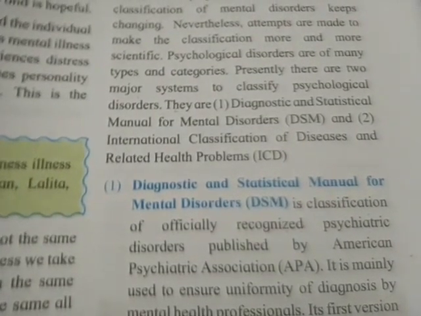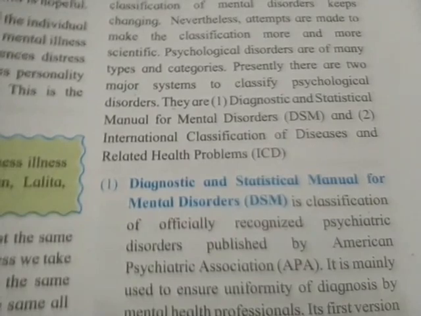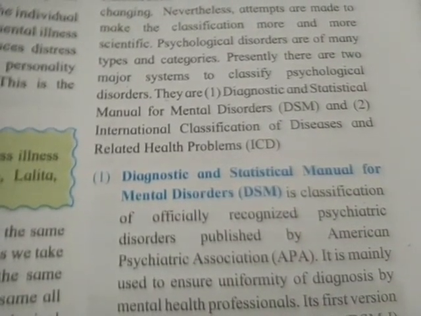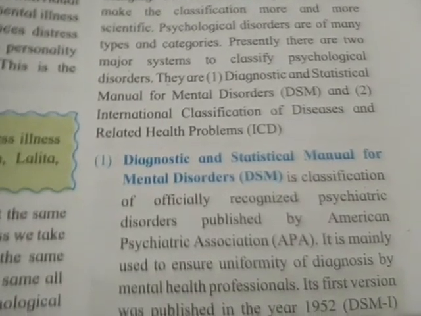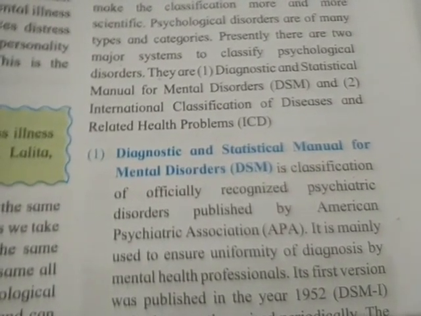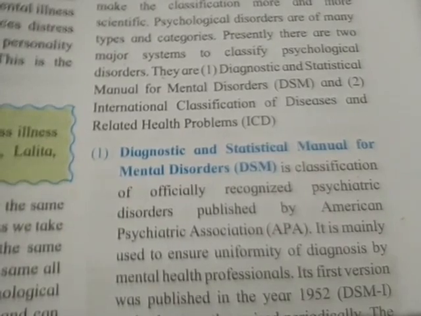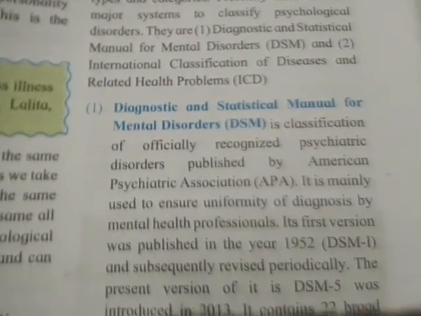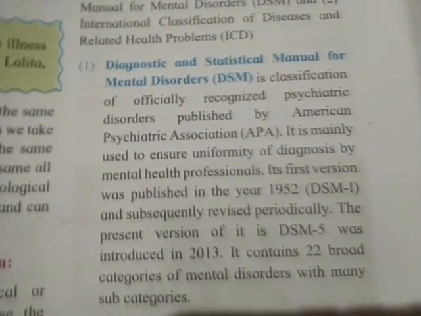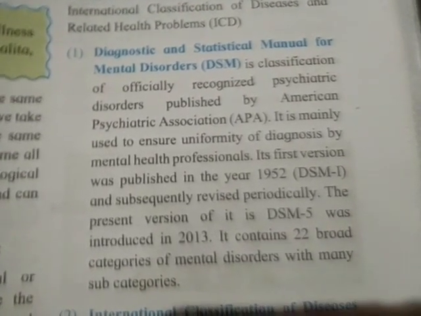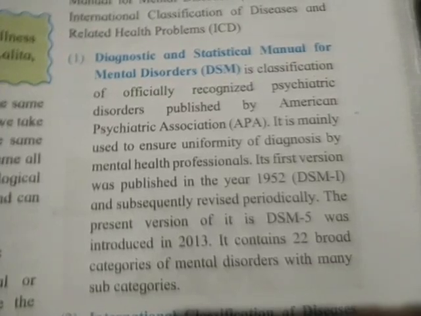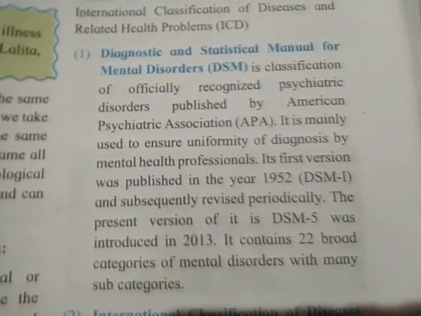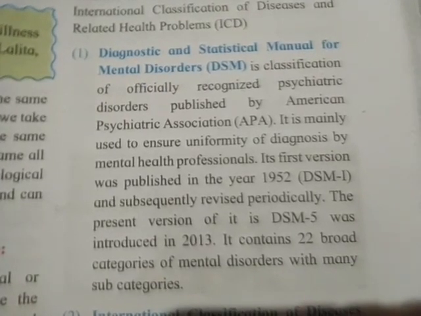Psychological disorders, Part 4. Psychological disorders are of many types and categories. Presently, there are two major systems to classify psychological disorders. They are the Diagnostic and Statistical Manual for Mental Disorders, which is DSM, and the International Classification of Diseases and Related Health Problems, which is ICD. First, the Diagnostic and Statistical Manual for Mental Disorders (DSM) is a classification of officially recognized psychiatric disorders